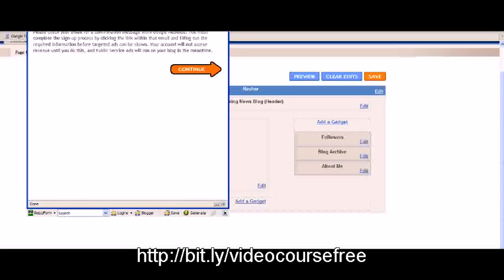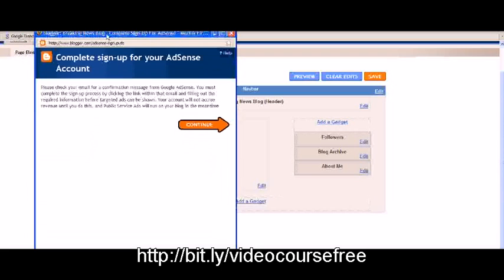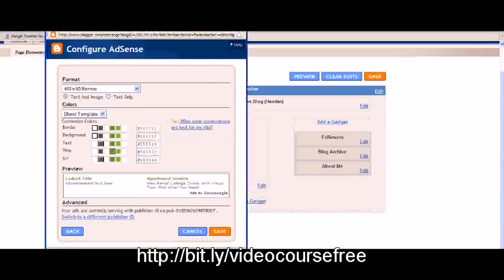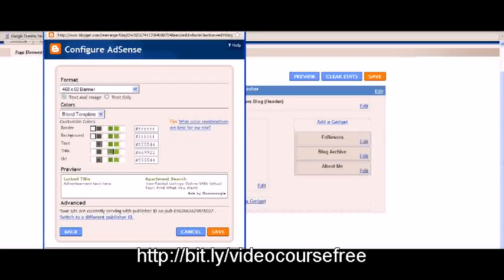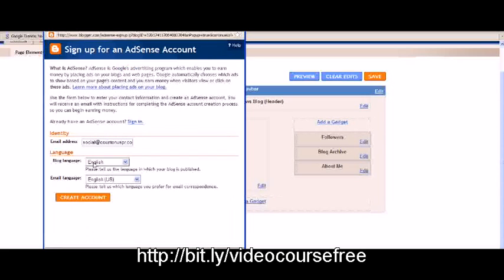You're going to get a confirmation from Google AdSense to sign up for your account, and you'll want to go through that process. Since I already have an AdSense account, I am not going to show you how to do that, but it's a very automated process. It works very quickly, and it's simple to do. Again, you just go over to where it says create an account, input your email and click on create account, and then you will get the information that you need to start making